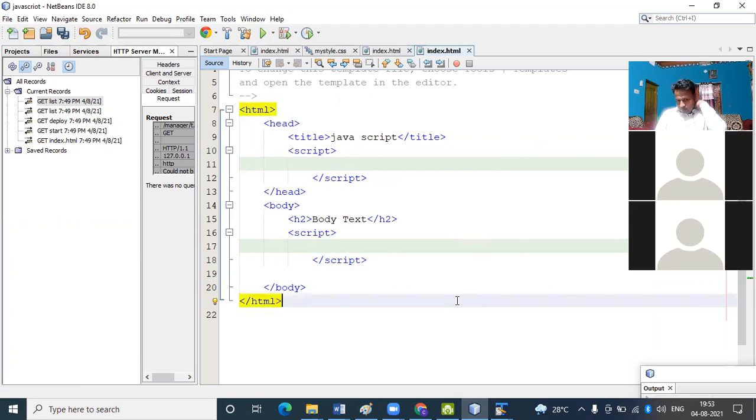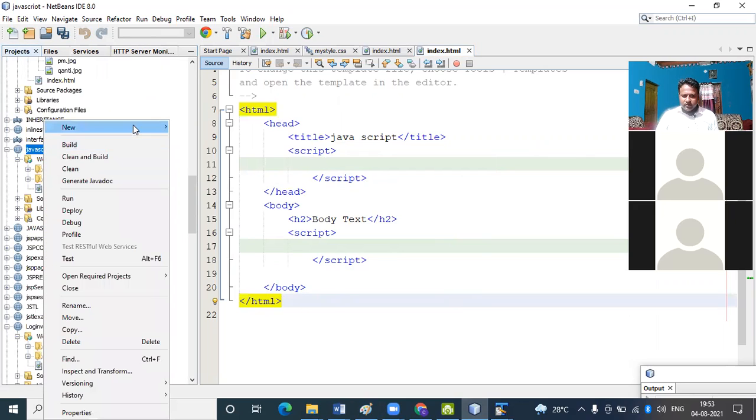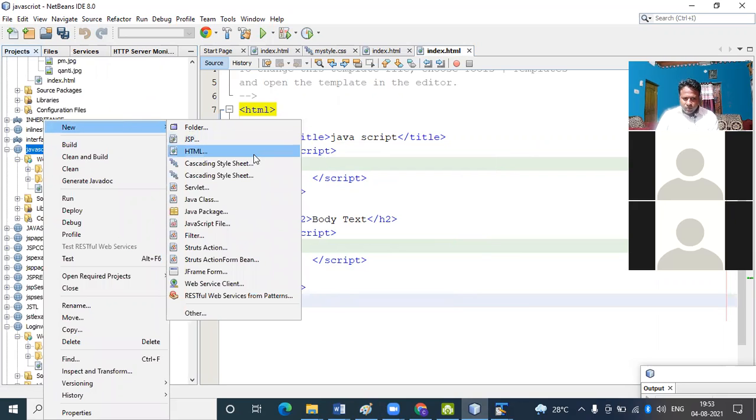Then I have to create an external JavaScript. Right click, new, then other.